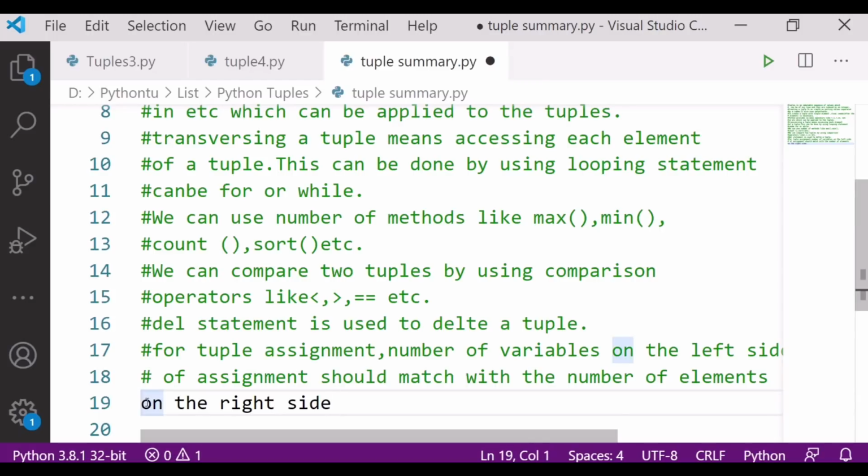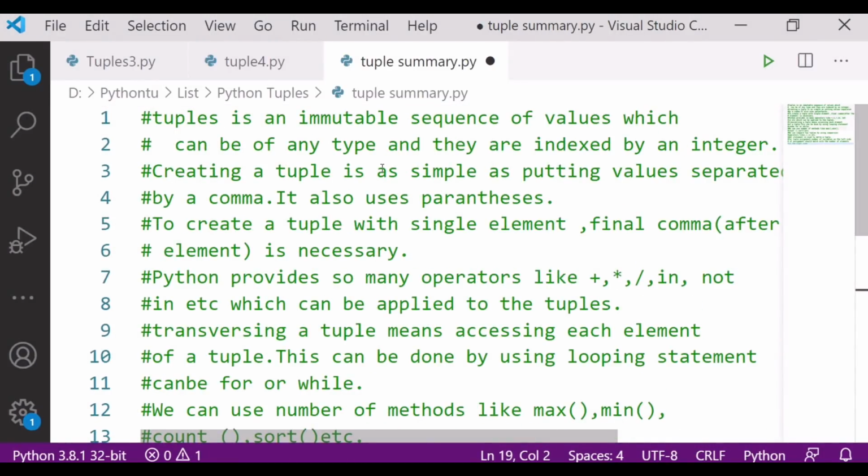So this is all about tuples that we have read here. Let's have a quick recap. Number one, a tuple is an immutable sequence of values which can be of any type and they are indexed by integers.